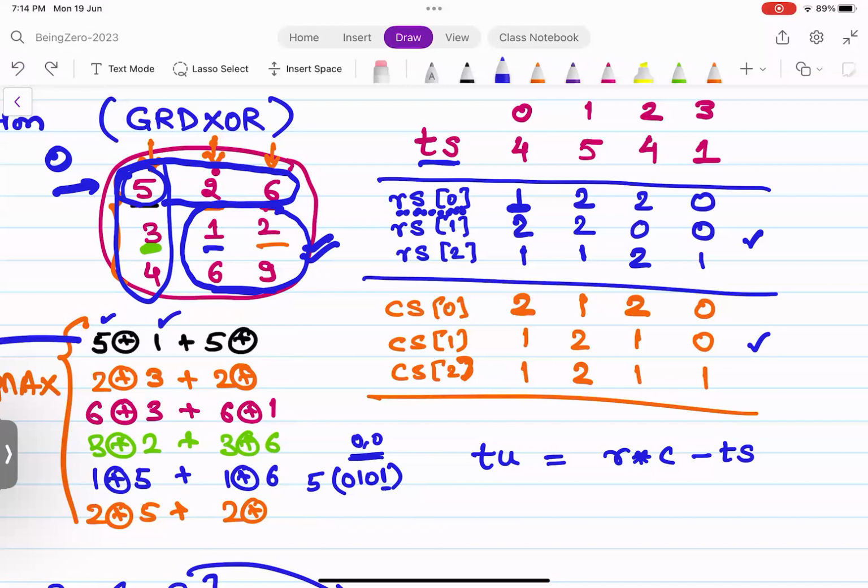So here we won't use the prefix sum of a submatrix. No, prefix sum is not required. It is just a pre-computation. So basically, pre-computing this total row wise and column wise. Once you have pre-computed this,